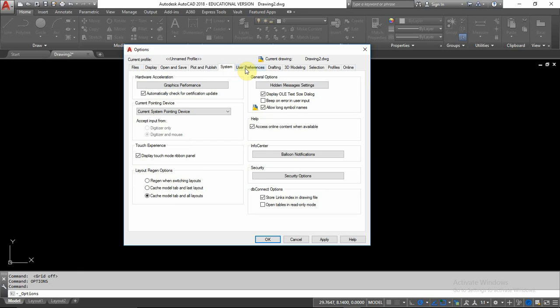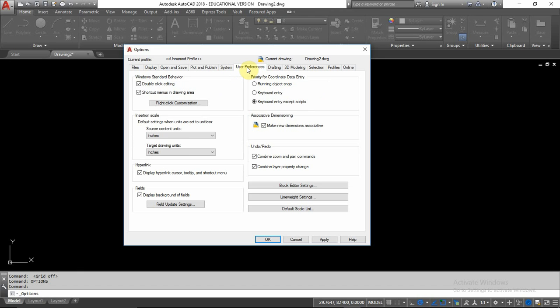Go to System, nothing in System. User Preferences, this is a good one. You're going to see me doing right-click a lot instead of hitting Enter. You guys are going to get menus popping up all the time, and I find that very annoying. Now, mine's already changed, but what I want you to do, one, make sure double-click editing is checked. I'll explain that one later. Shortcut menus in the drawing area is most likely checked. Regardless, click on right-click